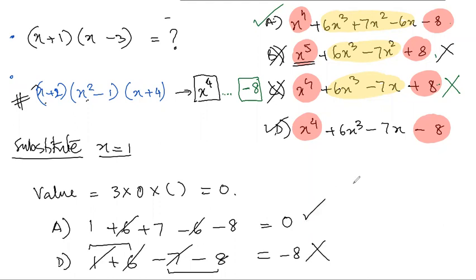It's a very fast way, so we'll stick to those two. What are those two? We'll check the first term and the last term. The first term comes as a product of the highest powers of x, and the constant term comes as a product of the constants. We'll compare those two from each of the options and eliminate as many as we can. If you still cannot, then plug in some value of x, calculate the value of each of the options, and choose the one which looks to be the correct one. So this is, in a nutshell, factorization.